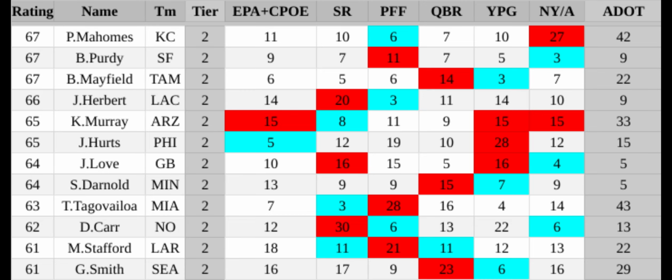Tagovailoa is, I think, divisive in his stats, like he is as a player, which isn't always the case. So Tua, 7th in EPA plus CPOE, that's really good. That success rate, awesome. Yards per game, great.